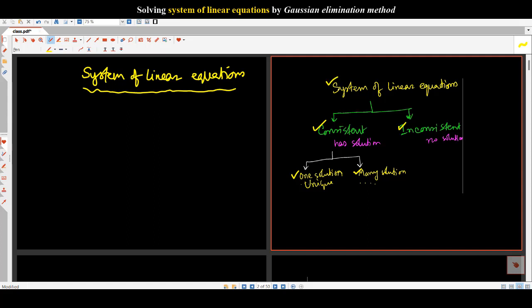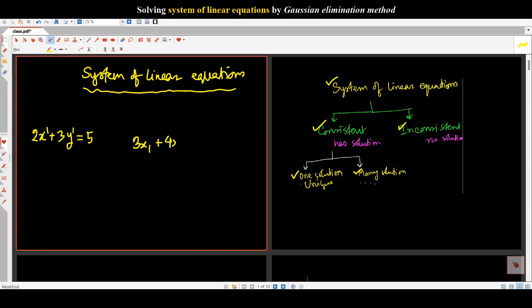So you already have the idea of system also. System of linear equations means you have some equations where the variables are with power 1 and you have more than one equation. That's why the equations are linear, and since we have more than one equation, those equations combinedly are known as a system. So, system of linear equations. One example can be, let's say you have 2x plus 3y equals 5. This is a linear equation because here x has power 1, y has power 1. We may have, let's say,